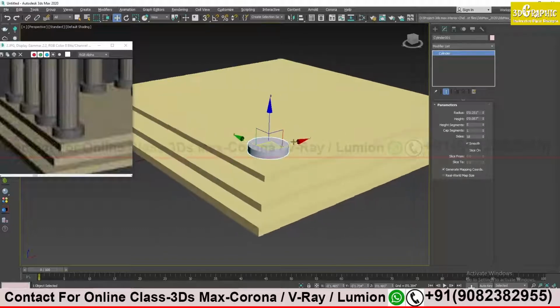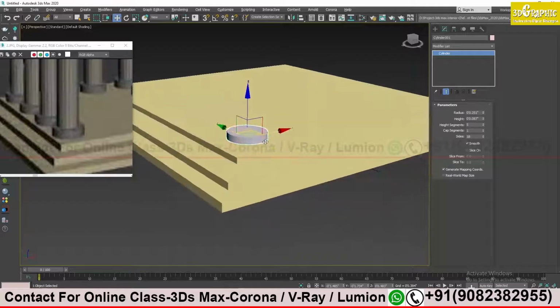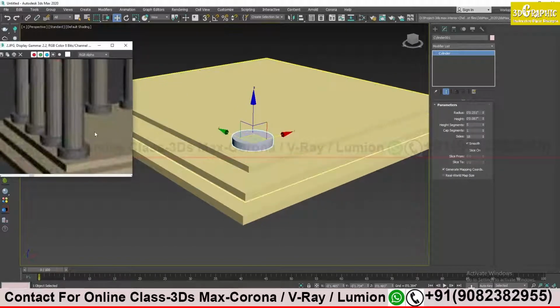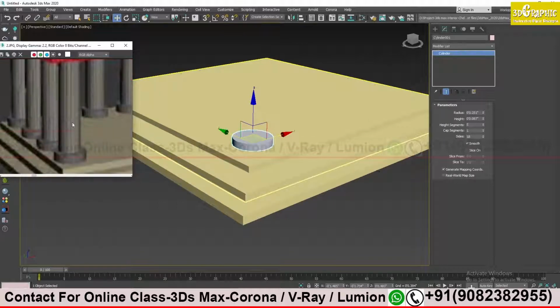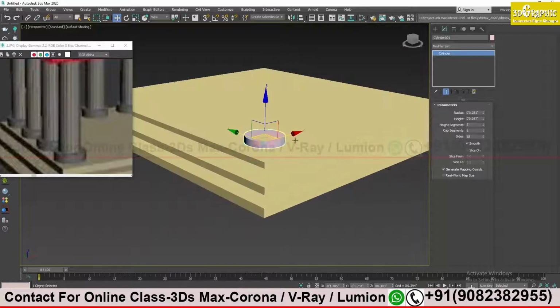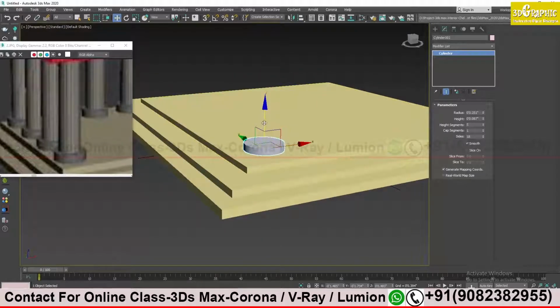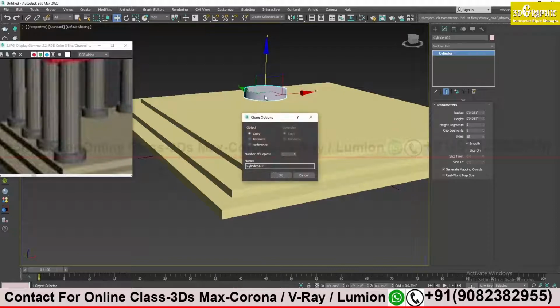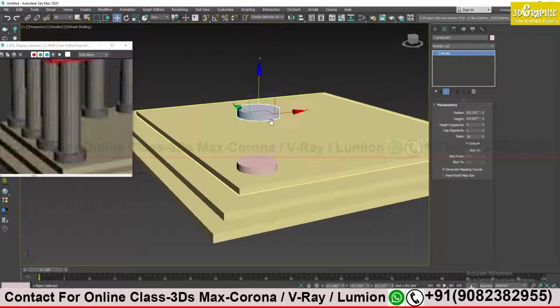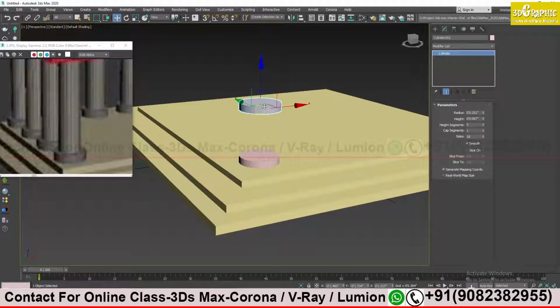Okay, so as of now I am happy with the shape and size of my cylinder. Not the top portion, the bigger cylinder over here, the bigger pillar. So to make this bigger pillar, I will click and drag it up a little bit to the top so that I can see it properly. Again copy, and this time I have to make the height longer, no? See, there are two ways to do that.